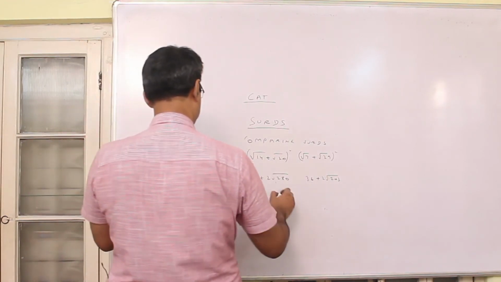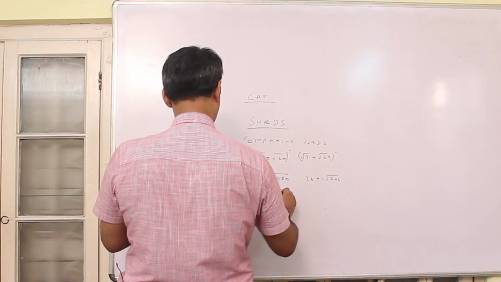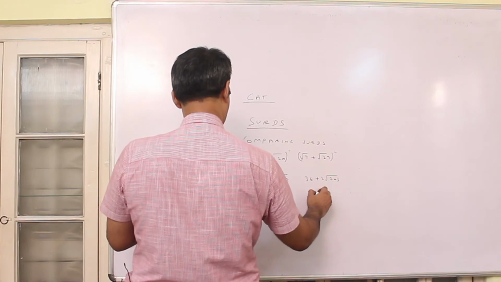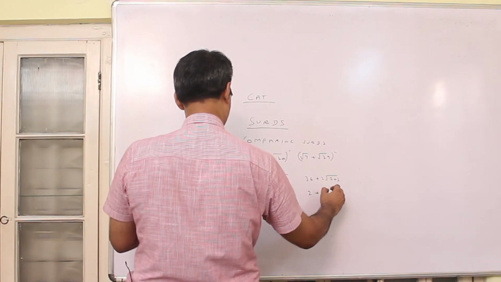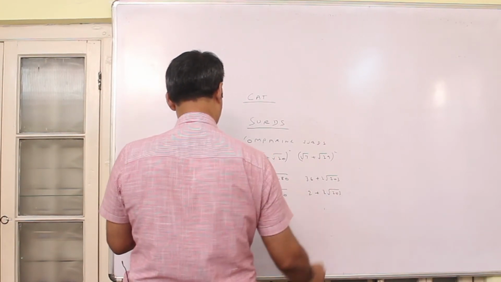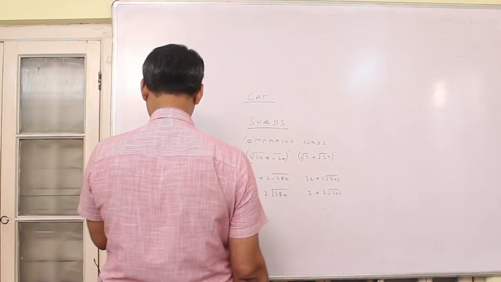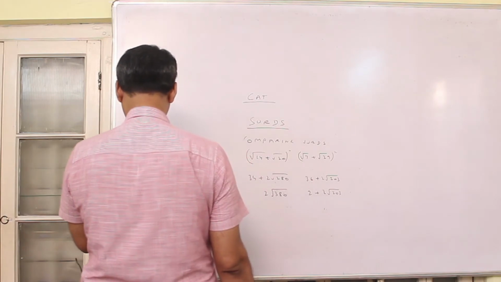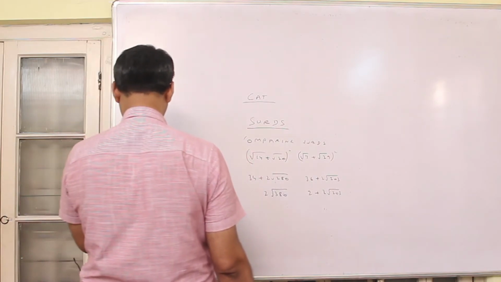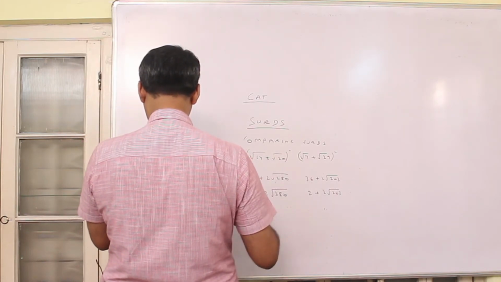So now you decrease both sides by 34. Now you need to compare